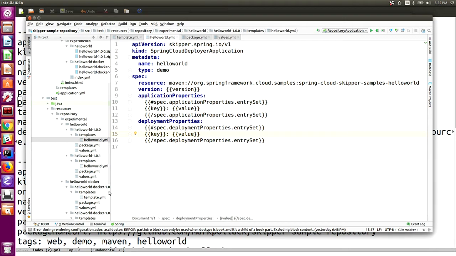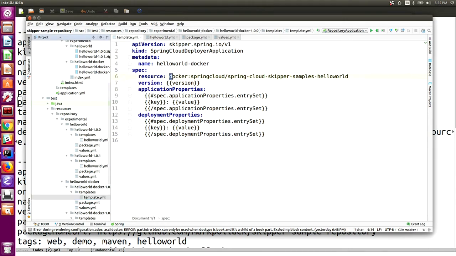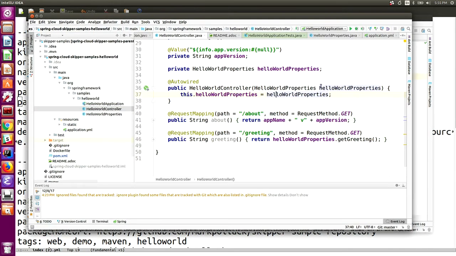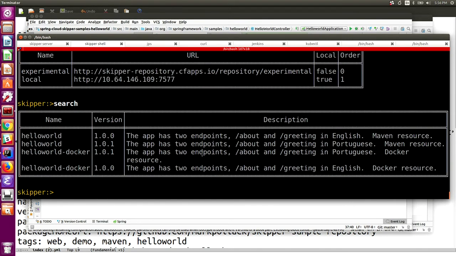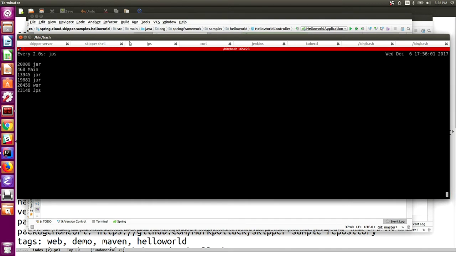And for Docker, it looks pretty much the same. There's just the syntax for resolving it from Docker. So I'll pop back to here. So let's see. Oh, yeah, so search, right? There's the thing. Let me make sure everything is clean there. Yep, that's